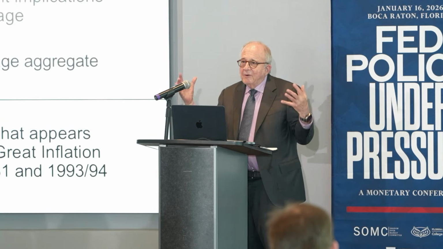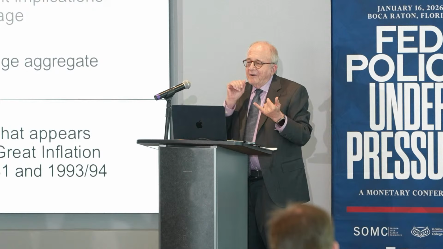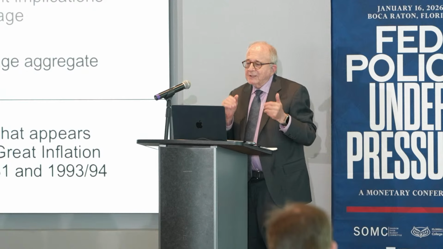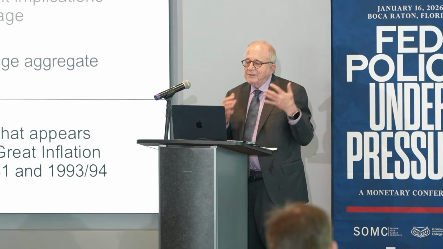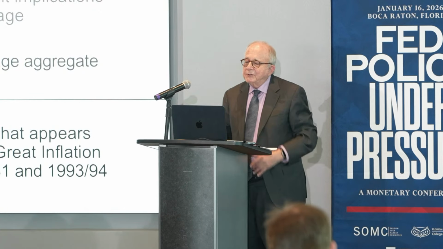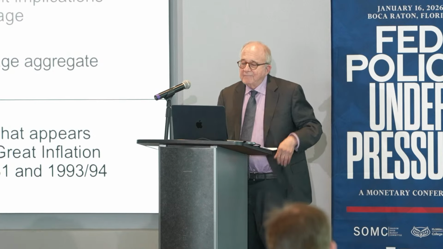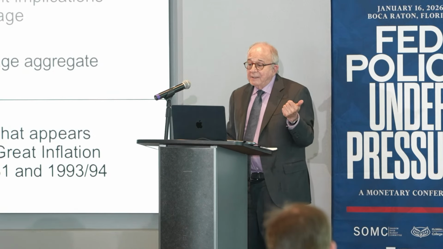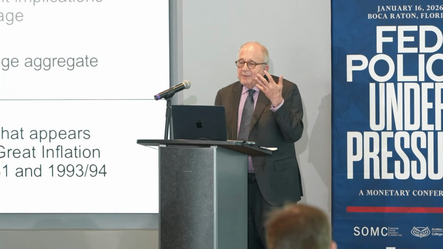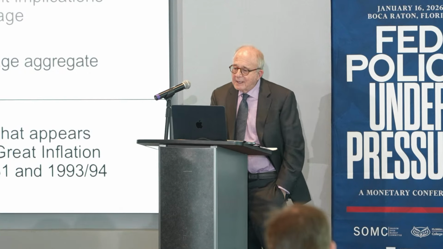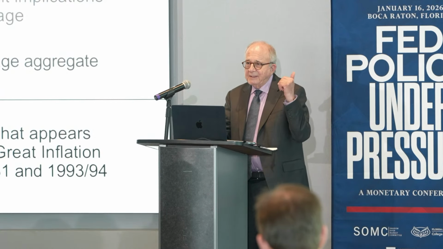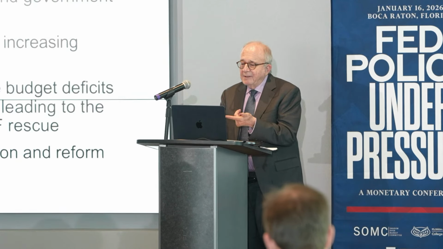A key takeaway from this brief narrative is that the interaction of fiscal, monetary, and financial policy had important implications for inflationary expectations, for asset prices, and wage determination. And it was fiscal policy that was the key instrument we used to manage aggregate demand before 1976, when the Bank of England was not independent of the Treasury. It was fiscal policy as much as monetary policy that appears important in both the run-up and the ending of the Great Inflation. And there were three major fiscal consolidations, in 1976, 81, and 93-94.